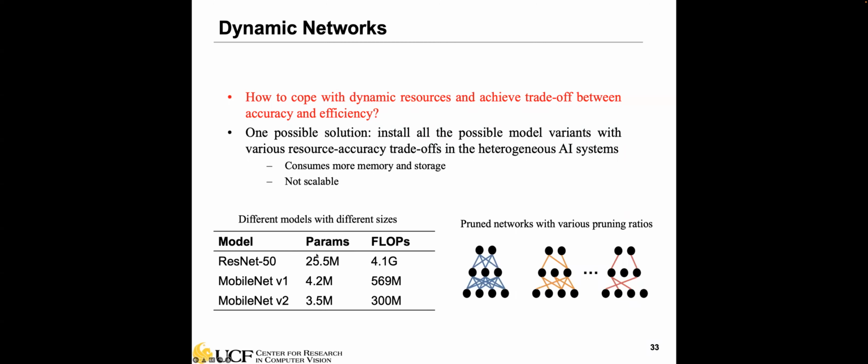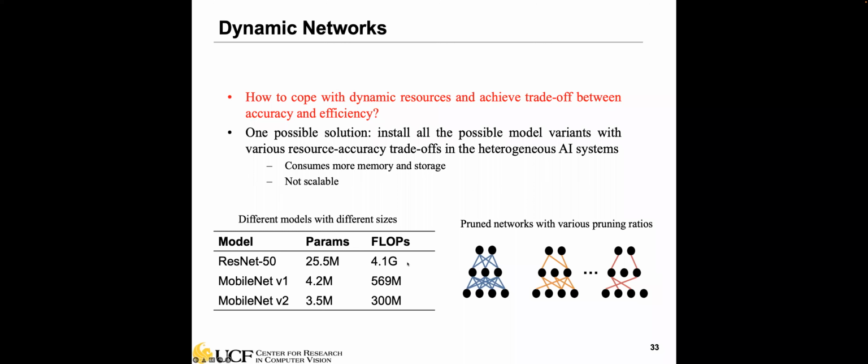Let's say my drone is equipped with ResNet 50, MobileNet V1, and MobileNet V2. So I deploy 3 different models on my drone. If the battery is at full capacity, then maybe I can use ResNet because it will give the best performance, although it is the largest model in terms of parameters and compute,